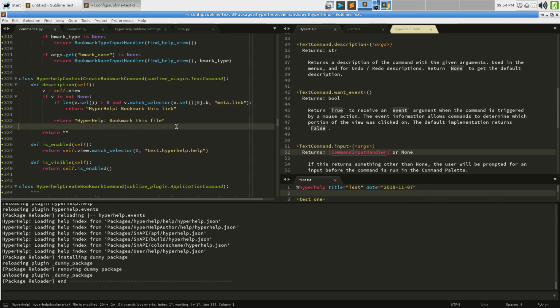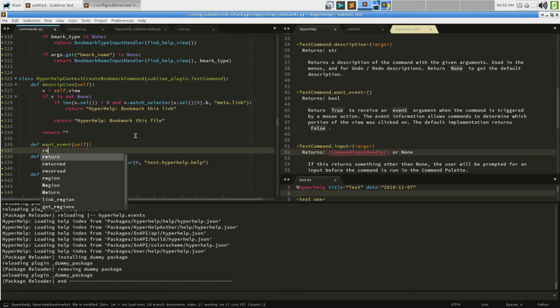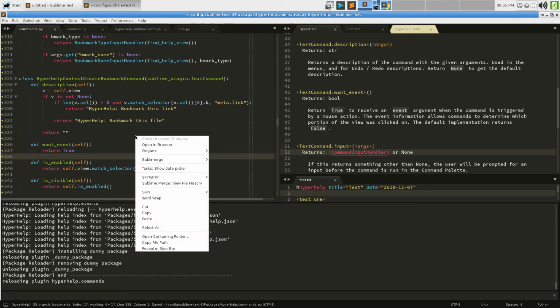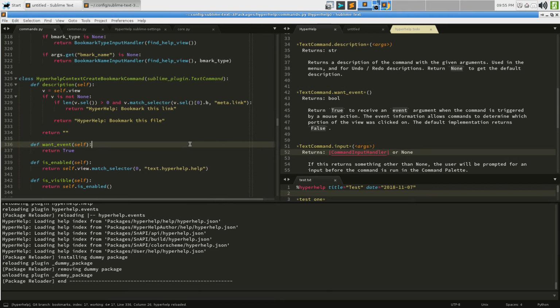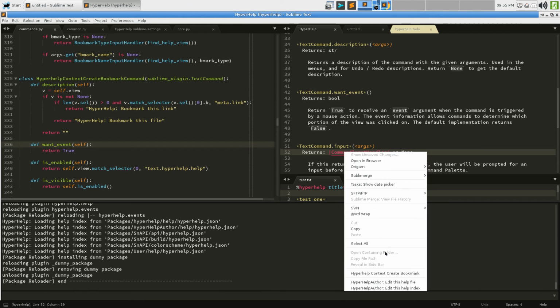There's more of the instances of the command that I want. I mean, that's not really a big deal. I've just been trying to keep this lightweight. But what we actually want is to say def want event, which we're going to say self, and we're going to return true. The default is false. Now this should immediately break, I think, once I reload things. I was returning the default now